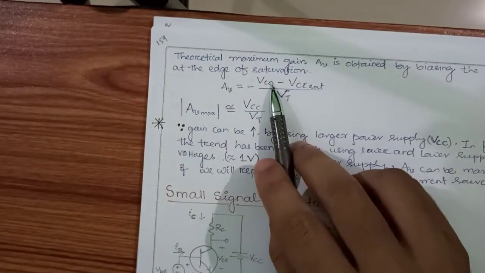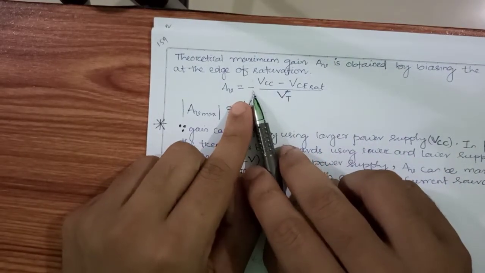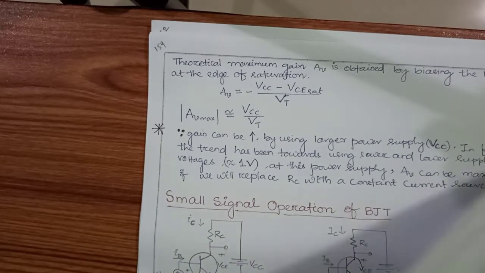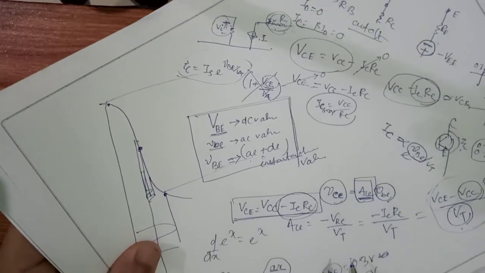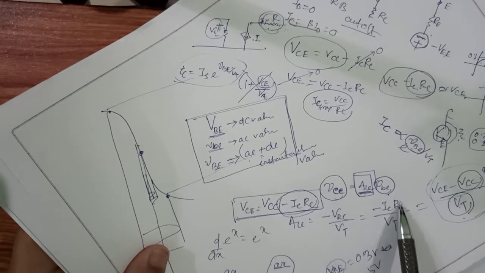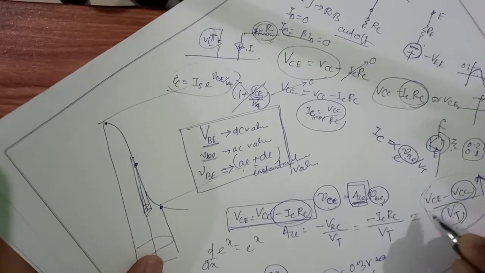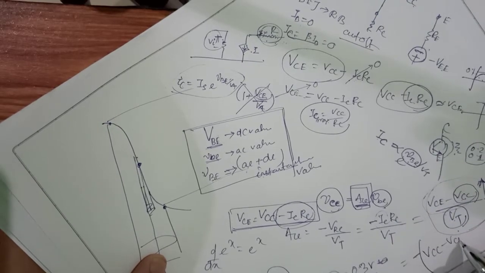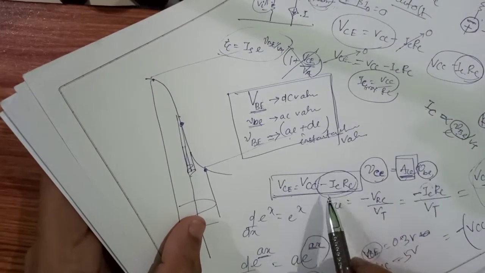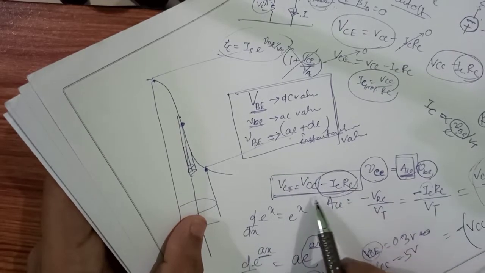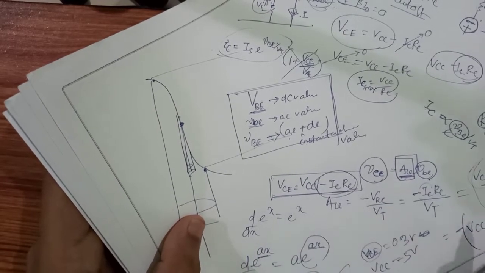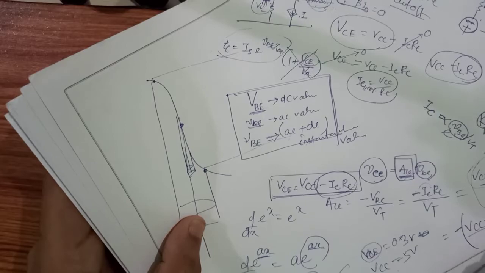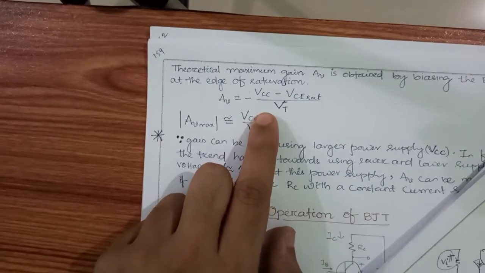So what will be the maximum theoretical gain? That is nothing but minus, in place of BC, RC. Here you see, it is nothing but minus ICRC. If you neglect this negative sign, the negative sign is already there, ICRC means it is BCC minus BCE. From this equation, if you find ICRC, if you take ICRC this side, BCE this side, ICRC is nothing but BCC minus BCE. And the negative sign is already there. So ICRC is replaced by BCC minus BCE upon BT. Okay.